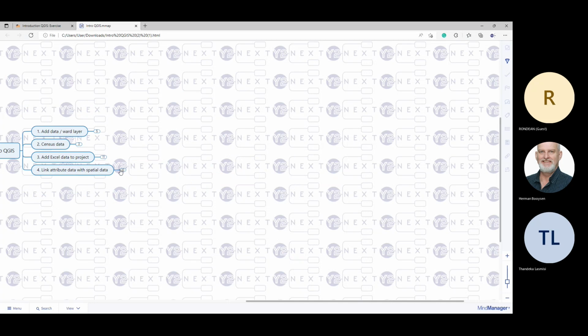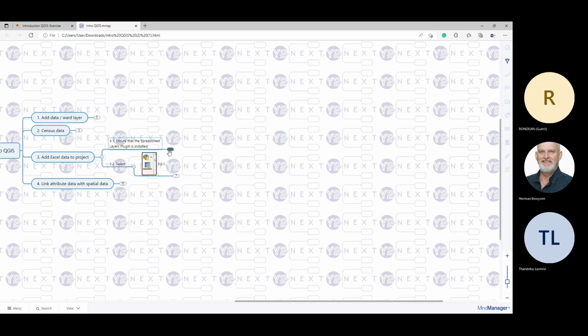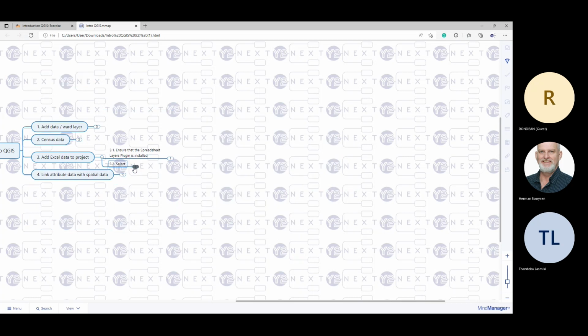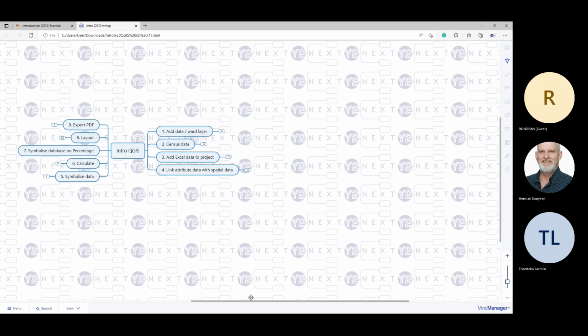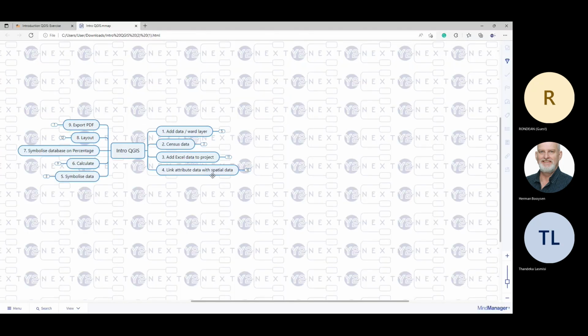The next step then is to click on that button there. I will show that, and then you go through the process of adding it, and then in your layers you will see that the spreadsheet is there, and then I will show further. The next step then is to add it together,